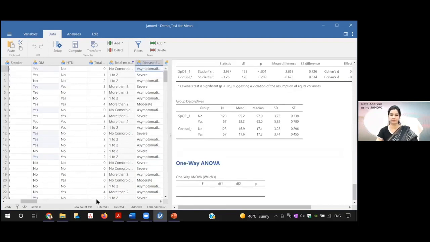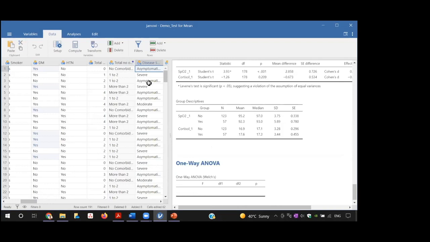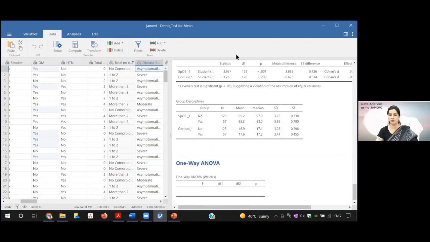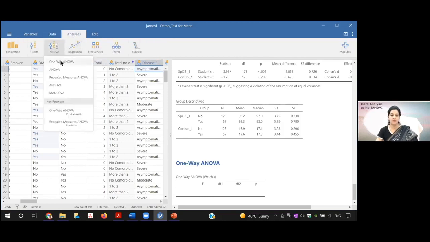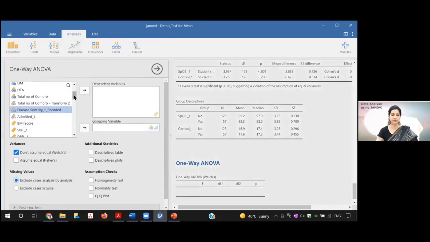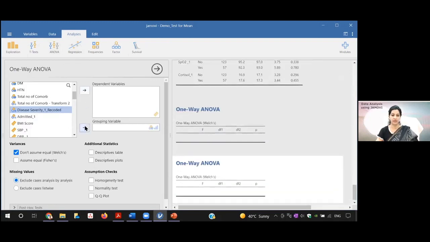So, or maybe comorbidities categories, if you want to see, you can have this total number, no comorbidity, 1 to 2 and more than 2. You can take any of these 2. It's up to you, because you are the researcher, so you can take any of these 2. So maybe I'll again go to the analyze, ANOVA, one-way ANOVA. You can have the disease severity recoded, and then you can have this